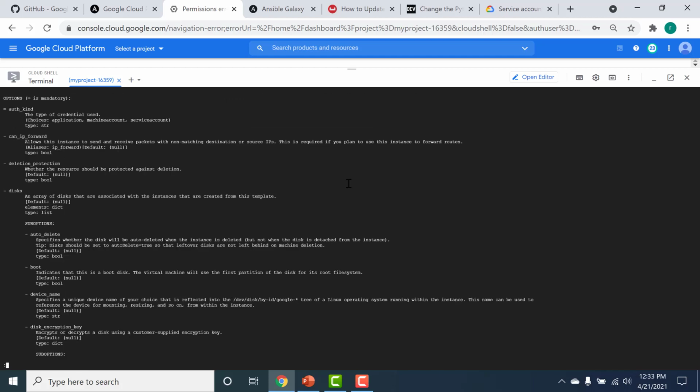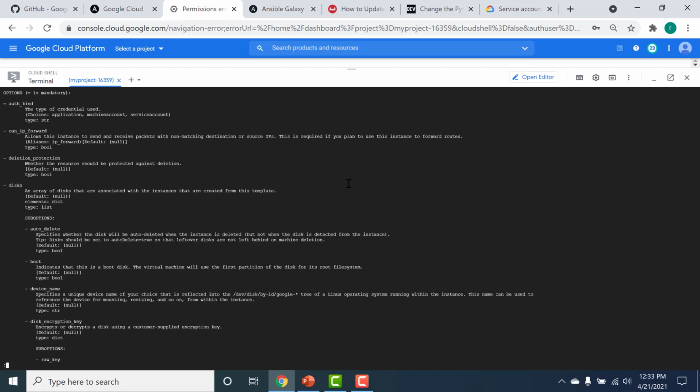You can go through this documentation and check out the parameters that are required and the ones which are not. For example, the auth_kind is required, and things like default protection can be defaulted to null. So when you're creating it, just read the documentation before. Initially just try to create instances with just the required parameters, and later on, as you keep getting better at Ansible, you can create instances with more parameters.